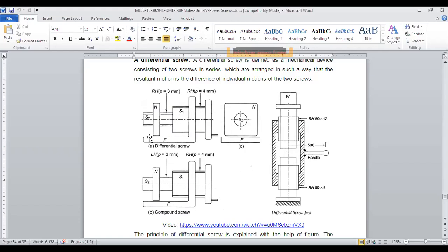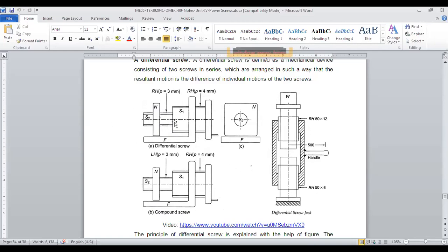Here screw one has a pitch of 4. Okay. So what happened now? The frame is fixed to the table or something like that. If you rotate screw one, with one rotation it will go to the left-hand side by 4 mm, because the pitch is 4 mm. Now, since S2 is attached to S1, it will obviously go in the same direction by 4 mm, right? But it will also rotate by one rotation. Okay, I will repeat again.